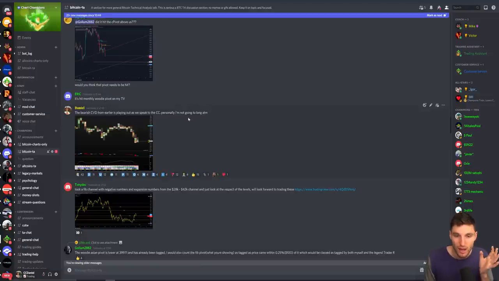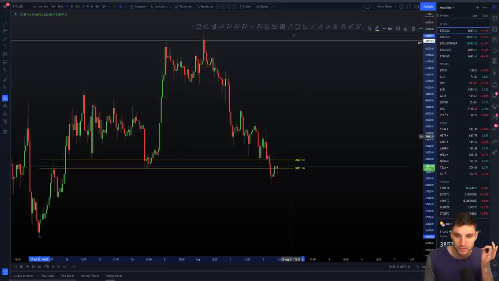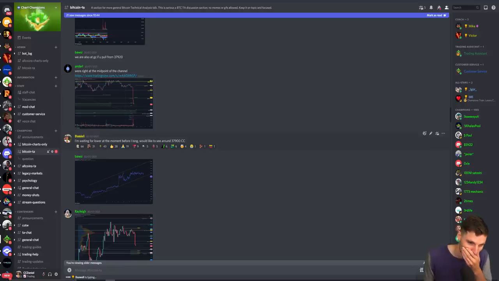Again, that was around 9. I'm not going to long at the moment, really simply because we still had a lot of bearish divergences. This just felt unlikely to me that we're going to get a bounce. I'm not going to long it yet. And well, what a decision again. As we come down lower overnight, where did we come down to? Daniel's been waiting for this level now for 4 days. The level of